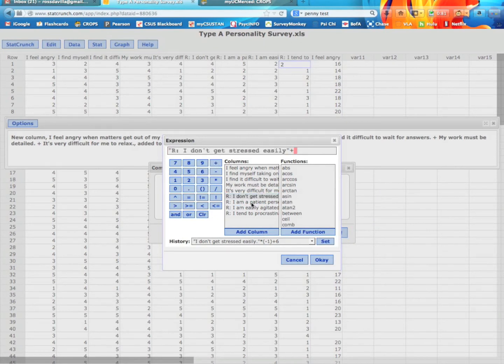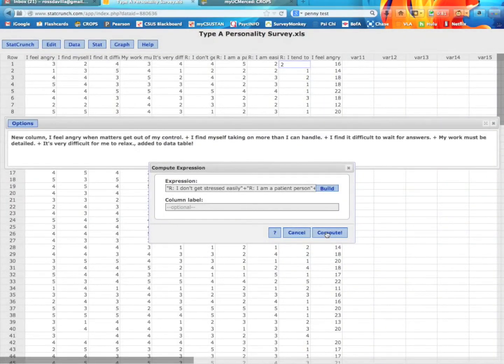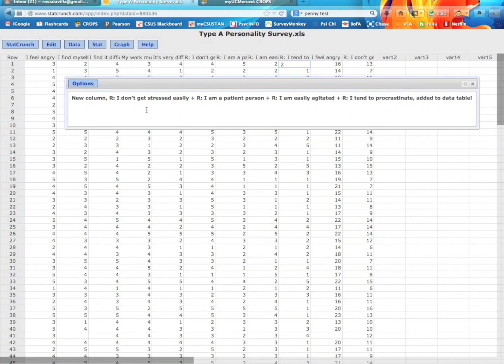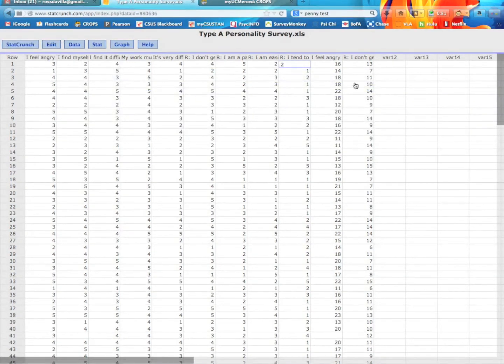It doesn't matter if you're comparing the reverse scored ones with the non-reverse scored ones. You can split your scale any way you want to. I'm just keeping it easy with the first half and the second half, but you can even do it randomly if you want to. And compute that. There we go. It doesn't matter that this column is going to have higher numbers because we're adding 5 items here, and this column is going to have relatively lower numbers because we're only adding 4 items here, because what we're going to be doing is correlating the two.